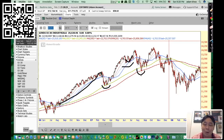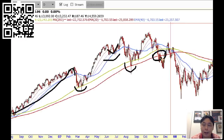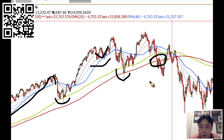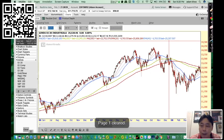All right. And over here, you can see again, over this part, this was a very, very dangerous sign because again, it broke the red line. And again, the red line is the 200 moving average, the last level of defense. So again, this was 11 years ago during the financial crisis where markets collapsed 60% thereafter. Okay, so it broke the 200 moving average. So this was already a big warning sign over here. But the ultimate